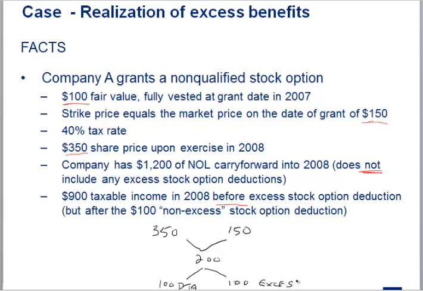That other 100 is the excess. So what this example is saying is that taxable income of 900 includes this, but excludes this. Remember I said while I was saving this file, you do your provision in a without options world. You do it without the excess part, not without the whole option, without the excess. Because you're trying to isolate what is the incremental effect of that excess stock deduction.